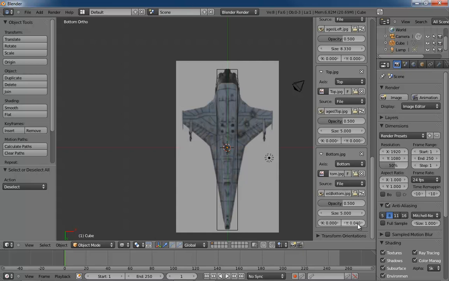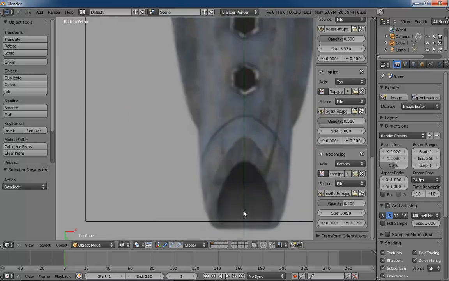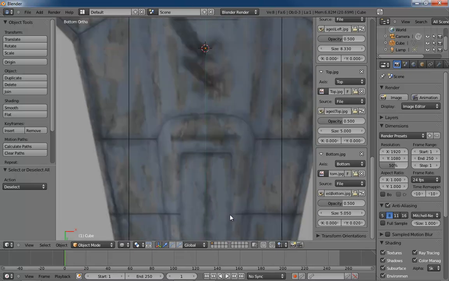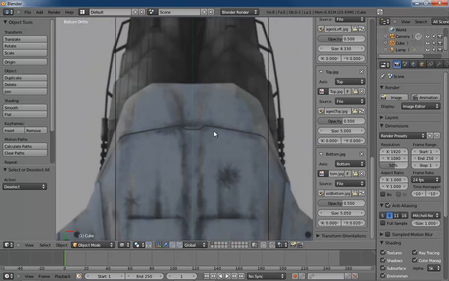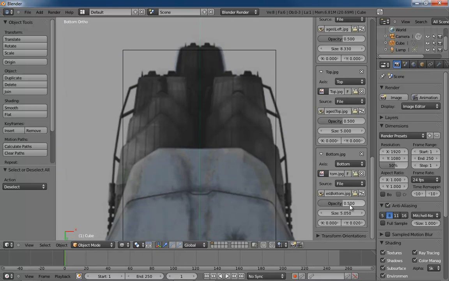So, let's see, 0.4, let me split that in half to about 0.2. And then let's try to size this up. So we don't want to size it up much. Let's do 5.05 and just see where that gets us. So, ooh, that may be too big. That may be way too big. So, yeah, we're going to have to get smaller. So, let's see, 0.505, is that